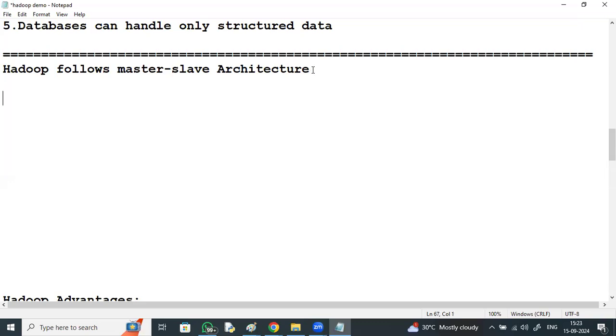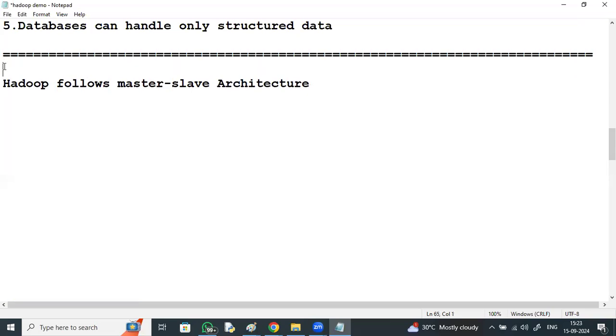Hadoop follows master slave architecture. Hadoop is not for client server architecture.